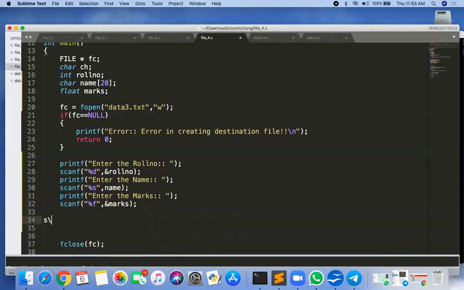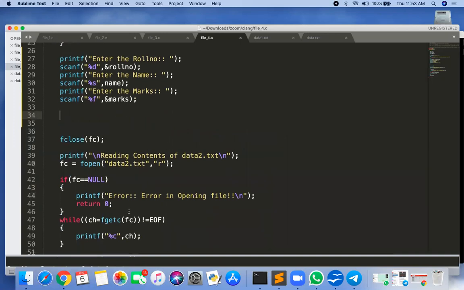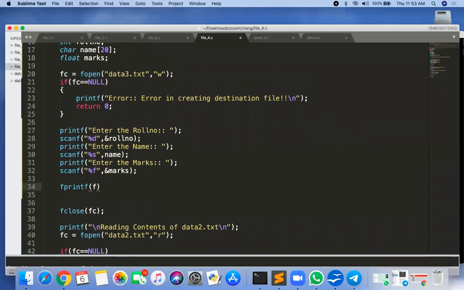Now I have the three data. I want to put that data into data3.txt. So what is the procedure? The procedure is very simple. Generally, if I want to print the data on the display, we use a printf statement. But I want to print into the file, so we use fprintf. First, where you want to print: fp or fc.